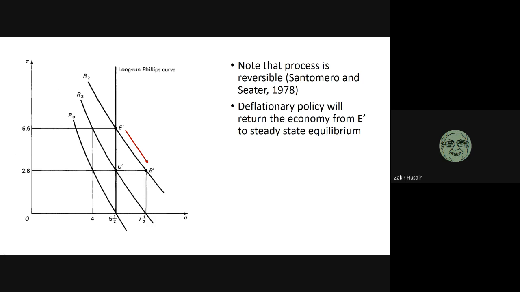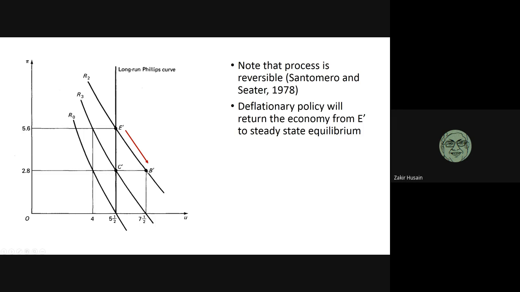The workers will start believing that their real wages have fallen. They will reduce labor supply. Producers will believe that only their prices have gone down. They are going to reduce hiring and recruitment. So there's going to be a short-run increase in unemployment.